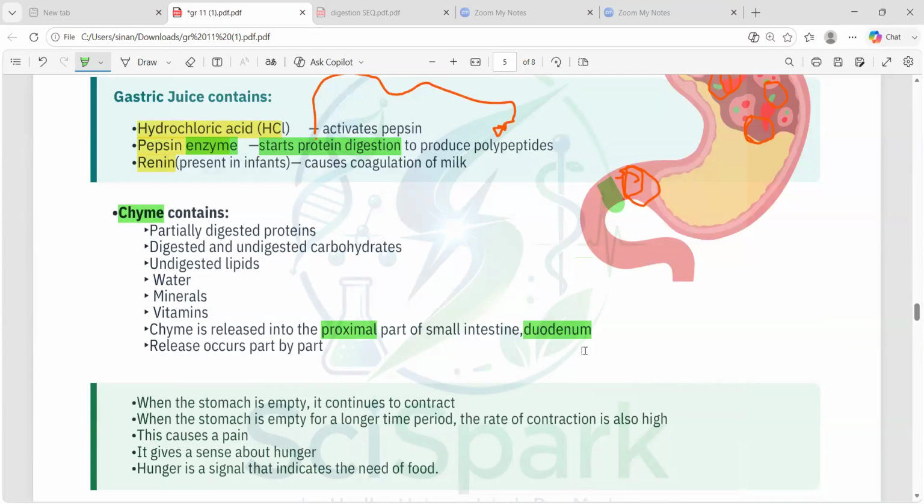Okay, after it has contracted continuously, it has contracted many times, so the rate of contraction will increase. After the rate of contraction increases, what happens? There will be a sense of pain, right? There will be a sense of pain inside our body, like when we are hungry, when we feel